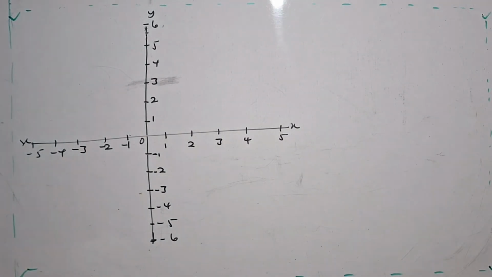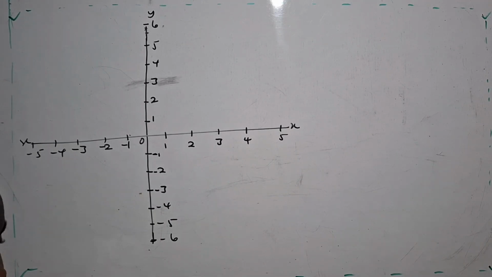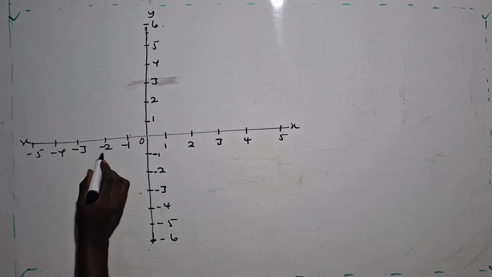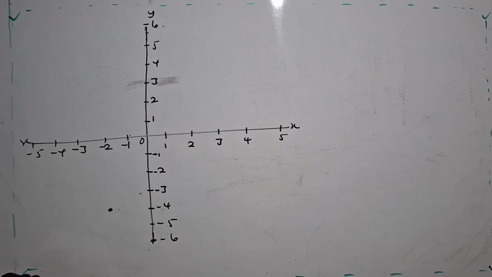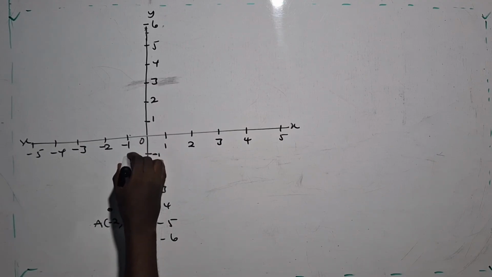So A says -2, -4. So -2 on the x is here. The -4 on the y is here. So here is A, -2, -4. Then you write it nicely. Then B says -1, 2. So let's take it as here. So B,